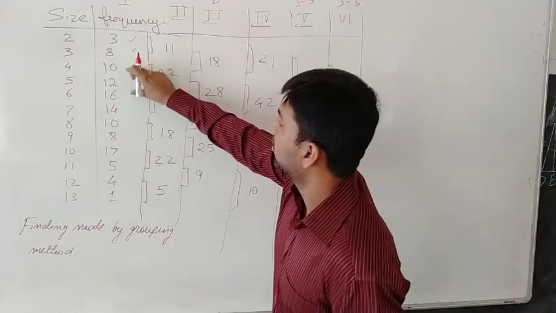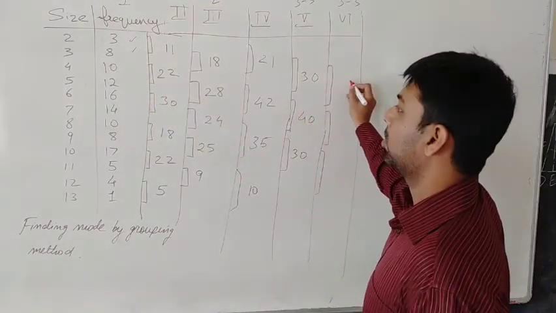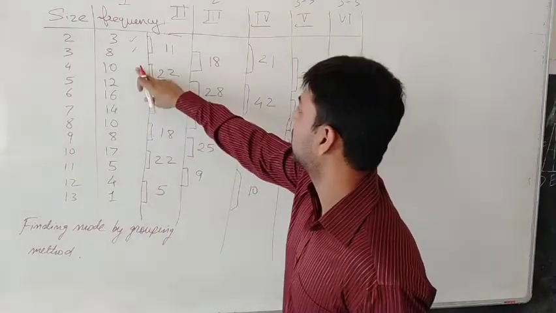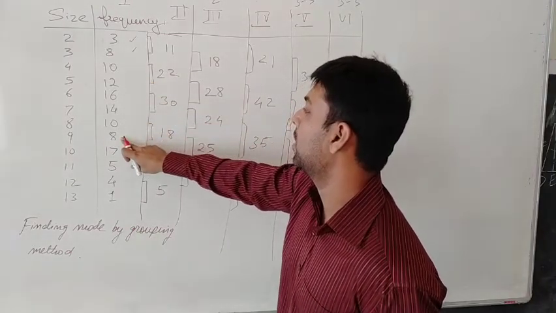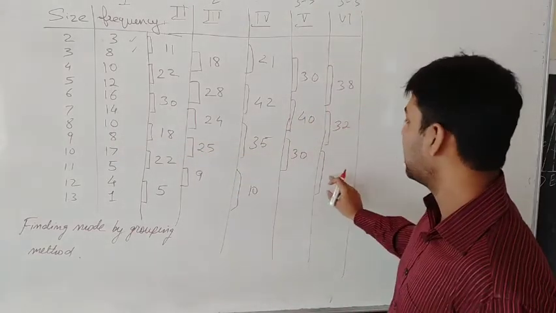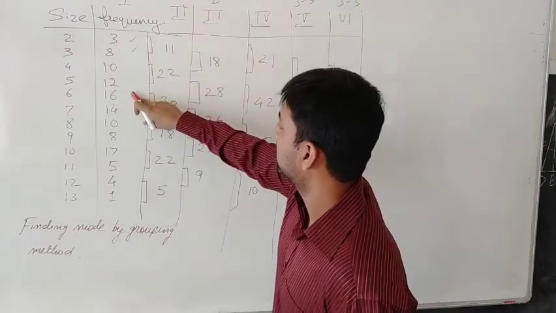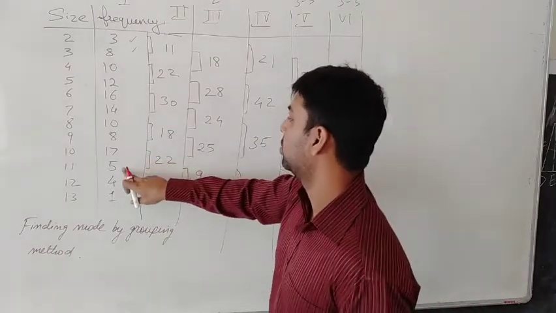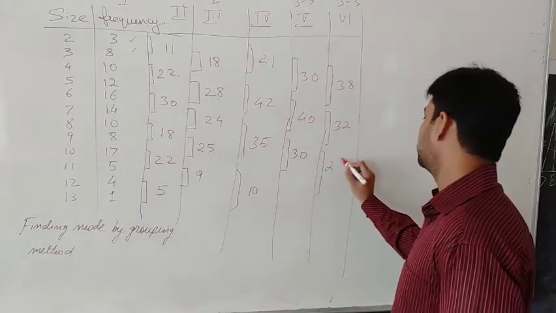Okay, we are leaving 2: 10, 12, 16. So 10 and 12, this is going to be 38. Okay, then after this 3 pair, this is the next one. So 14, 10, 24, 24 and 8 will be 32. Let us write 32 over here. The last pair after 14, 10 and 8 is 17, 5 and 4. So this is going to be 22, 22 and 4, it is going to be 26. So let us write 26 over here.